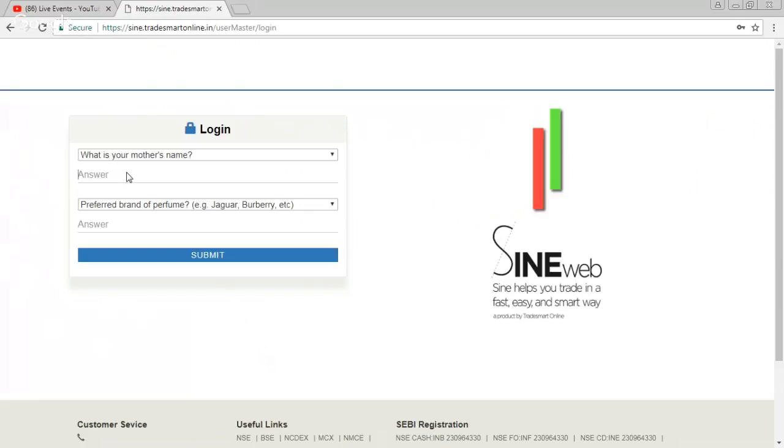As soon as I click on submit, you have to enter your two question answers for security purposes, and then click on submit.